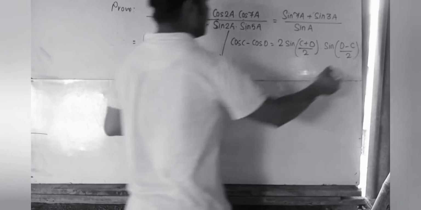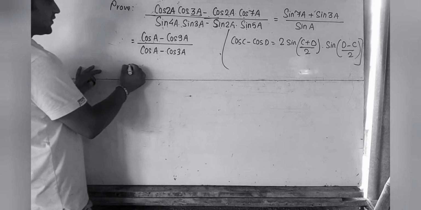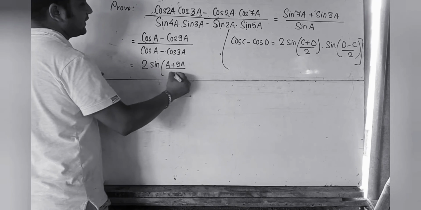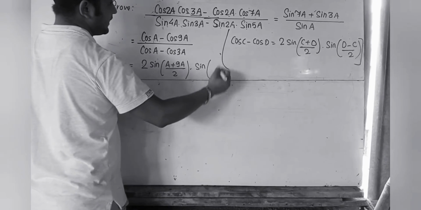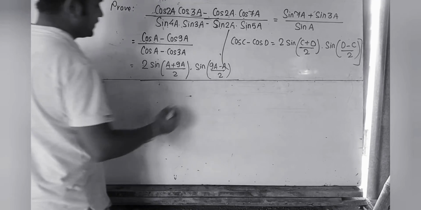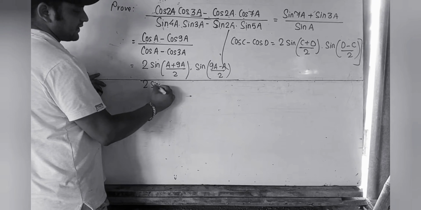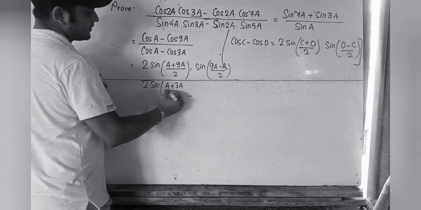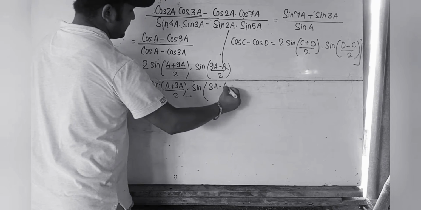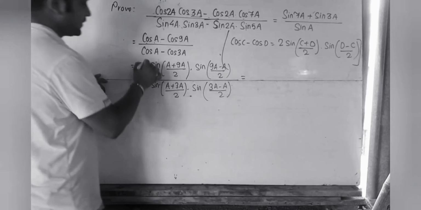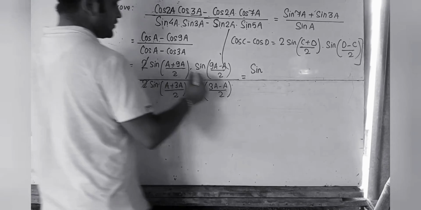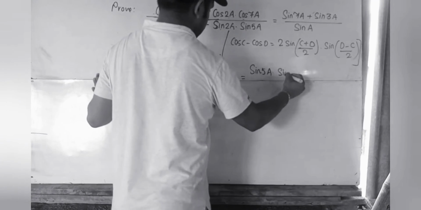Now we will use this formula here. Let's use the formula, 2 sin((c plus d) by 2) dot sin((d minus c) by 2). We do the same thing in the denominator, cos c minus cos d, 2 sin((c plus d) by 2) dot sin((d minus c) by 2). Now after solving this, we can cancel this 2 and 2. Now what you have left is sin, a plus 9a is 10a, 10a by 2 is 5a,